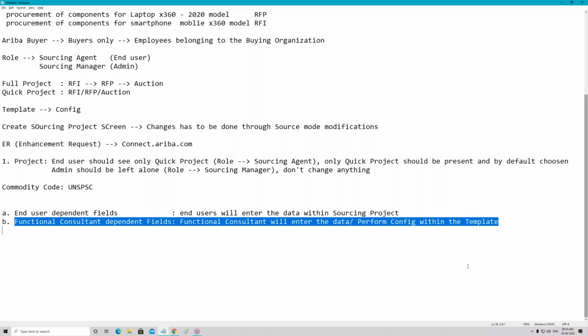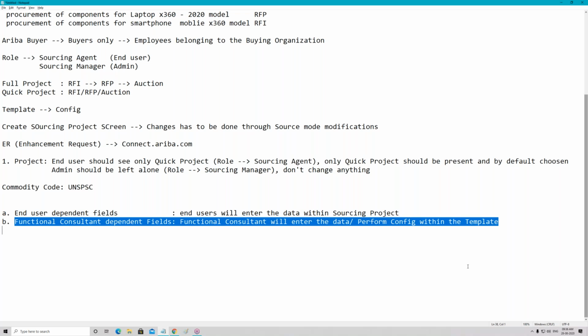Again, remember, it's not specific to a sourcing document. You don't use the term sourcing document, you use the term sourcing project. You can create n number of templates, and for each template, you can create n number of sourcing projects. When creating a sourcing project as an end user, you can select any template, so a particular template can be used to create multiple sourcing projects.